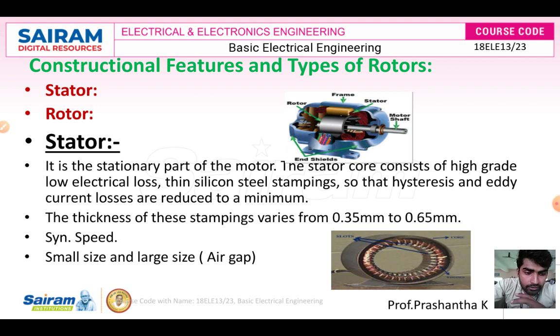The machine has a stator part and a rotor part. Again, I'm telling you, the stator is the stationary part of the machine, and the rotor is the rotating part of the machine. The stator consists of slots or poles and field winding, not armature conductors. The armature conductor, or rotor bar conductor, is in the rotor here. The stator consists of poles and field winding, but the rotor consists of rotor bars and then frames, everything, right?